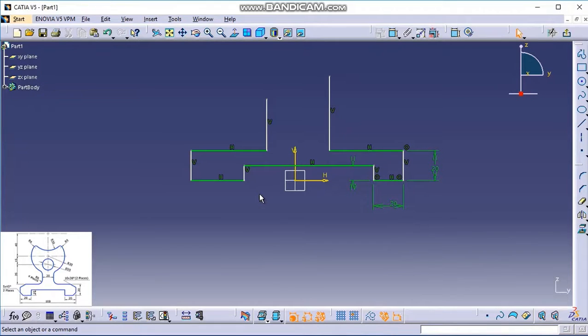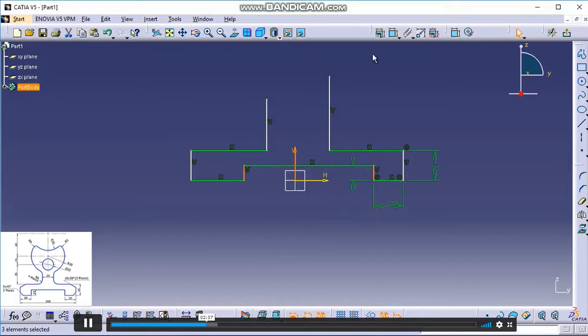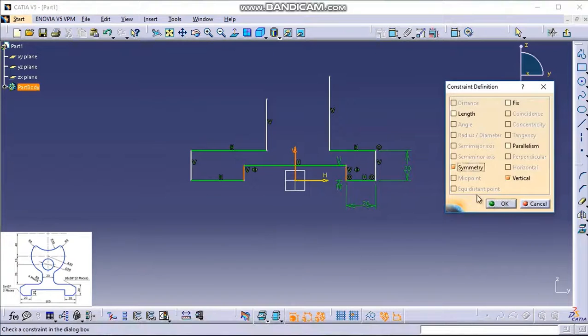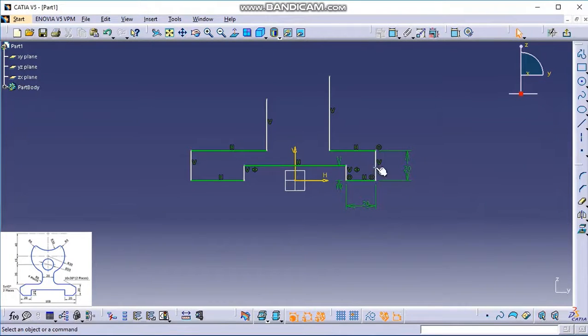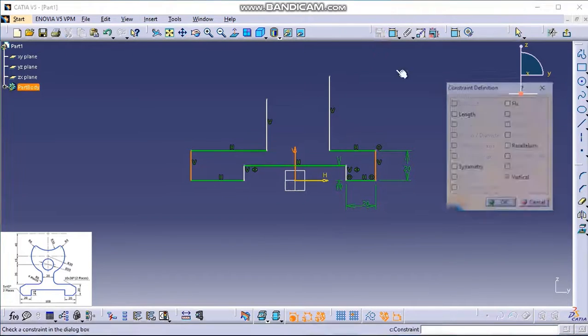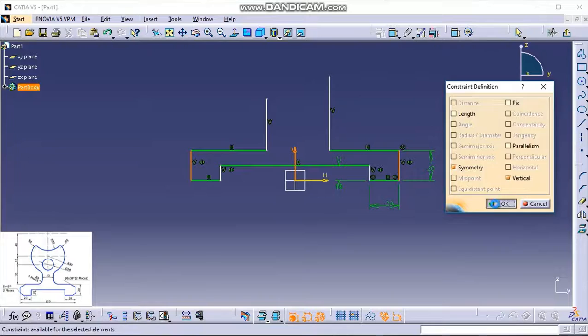In the last drawing that we had made, first we had generated the symmetry constraint, so automatically when I give dimensions on one side, the other side used to constrain. But here we have not given it till now. Let us give it. Select this line and this line about this vertical axis. We'll create symmetry.